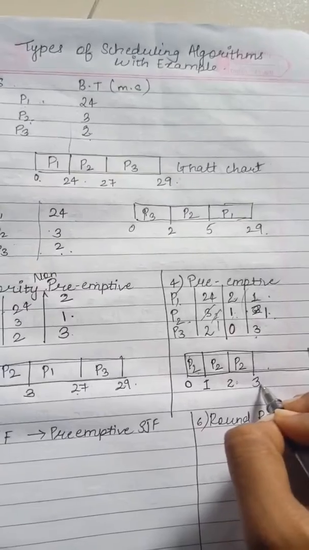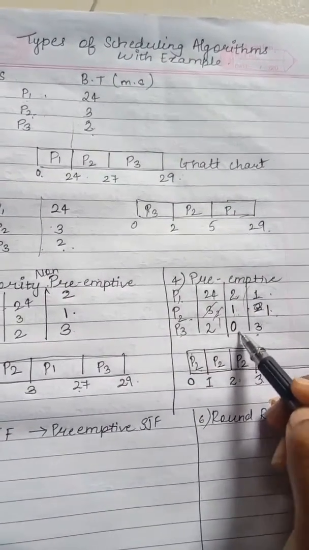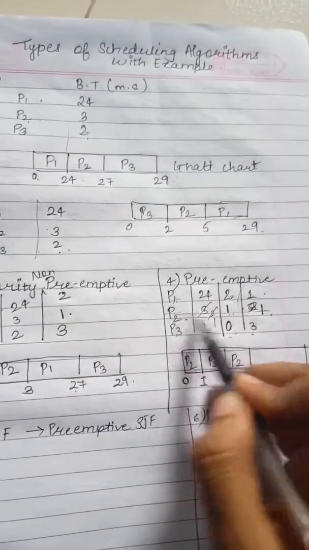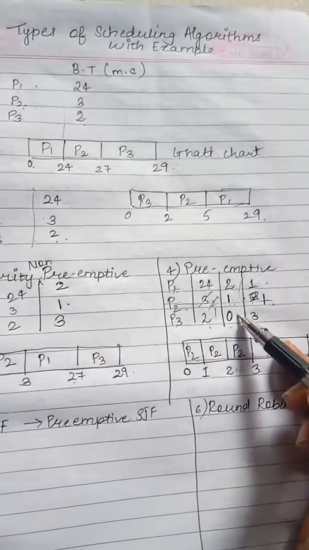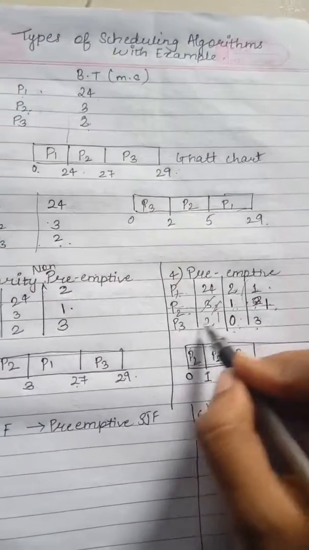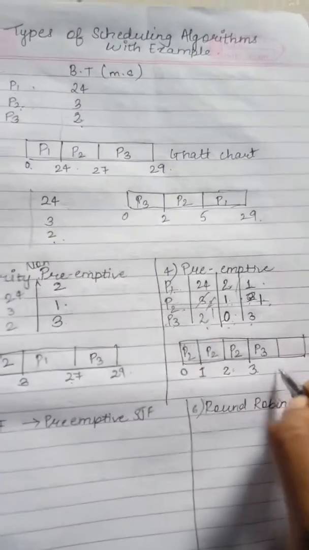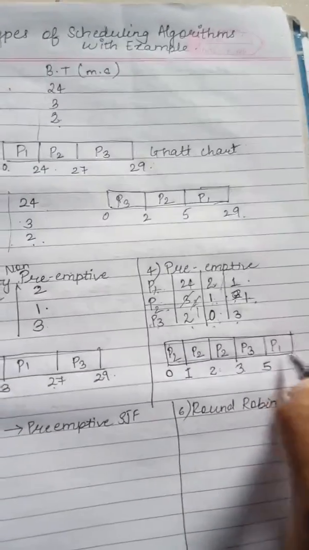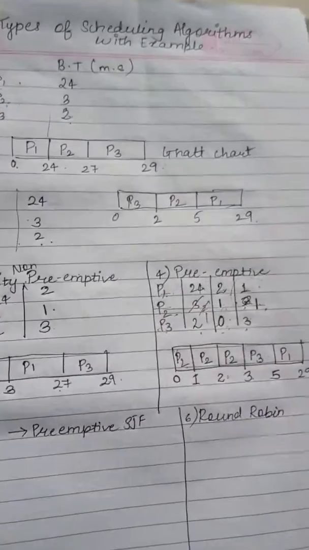Then at 3 milliseconds we have P3 arrived, which is having higher priority than P1. P2 has got executed, so we will not see this. P1 and P3, which one is having the highest priority? P3. So we will execute P3 for 2 milliseconds, and then P1 the rest of the 24 milliseconds. So this is about